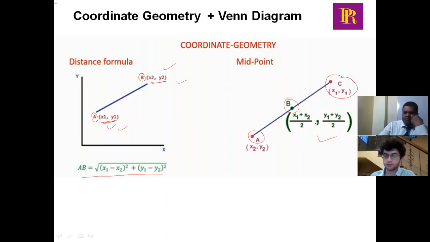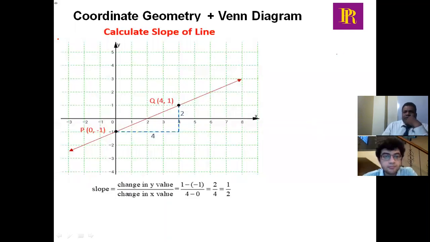Okay. Right. Now, basically, let us say 2 points are given here. As I told you, it doesn't matter. You can take this as x1, y1 and this as x2, y2. So here one point is given, and there the other point is given. If you join these 2 points, you get a line. So how to find the slope of the line? Slope.